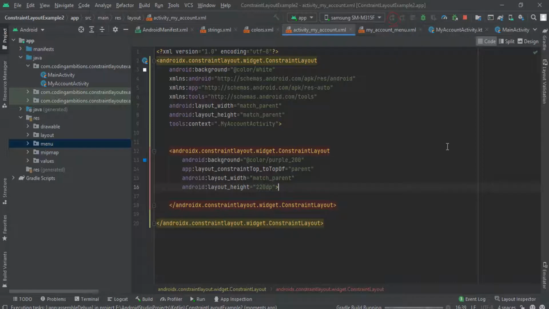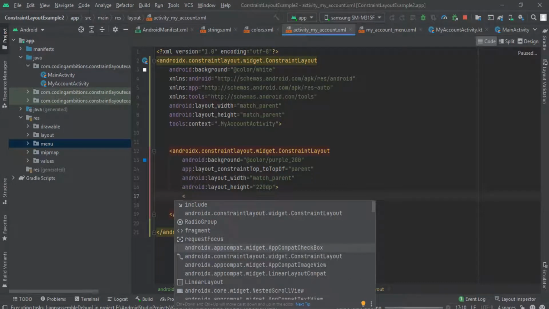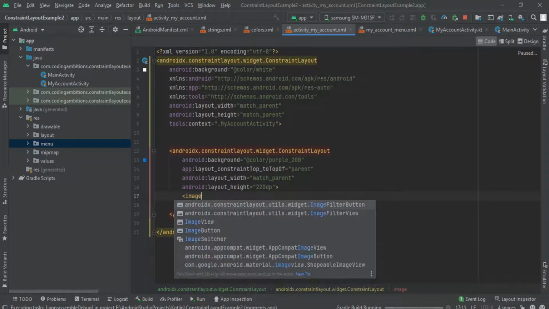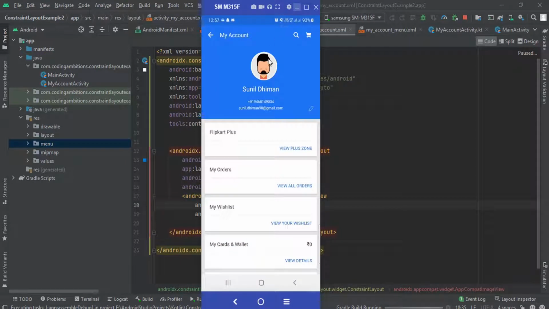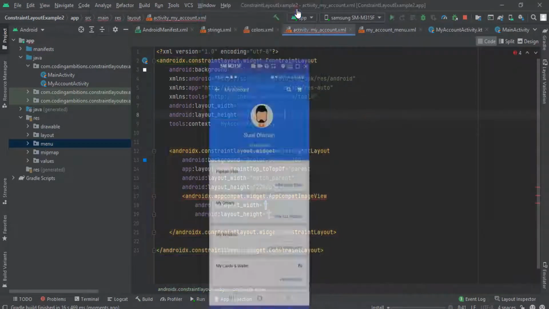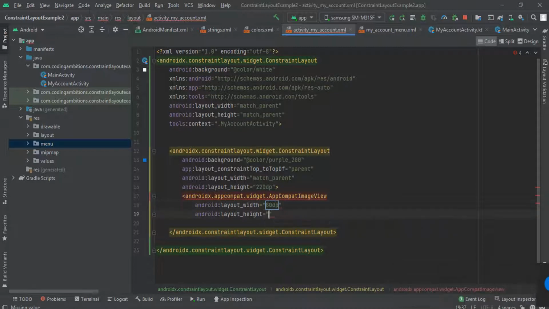Meanwhile, let's run the app and we will continue here with other sections. And now what we want is an image view there for this round image, and then these text views, then this icon. So let's take it of 80 dp height and width. Usually I am taking dimensions hard coded here, but you should always take them from dimensions,